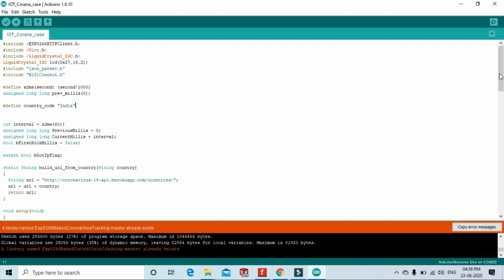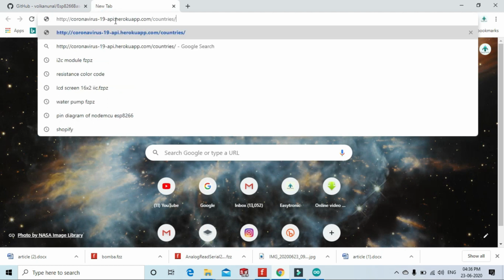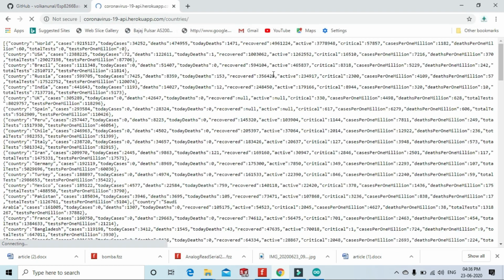Now this is a country code. Here you find the country code. Copy this link and paste it in Chrome. Here you see all the countries are showing.